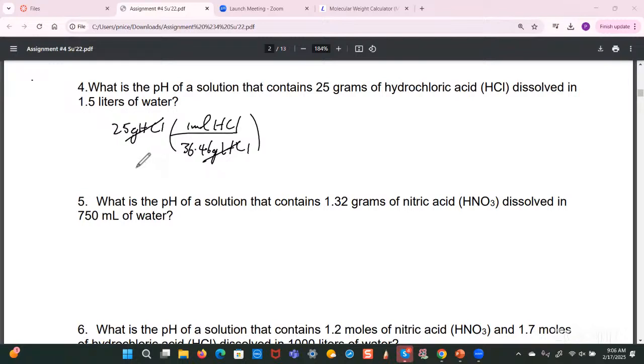Divide by the 1.5 liters, right? And that will give you the molarity. So let me calculate: 5 divided by 36.46, divided by 1.5. According to my calculations, rounded off to 2 sig figs, you're going to get 0.46 M, right? So that would be the molarity of the HCl, which would be the same as the molarity